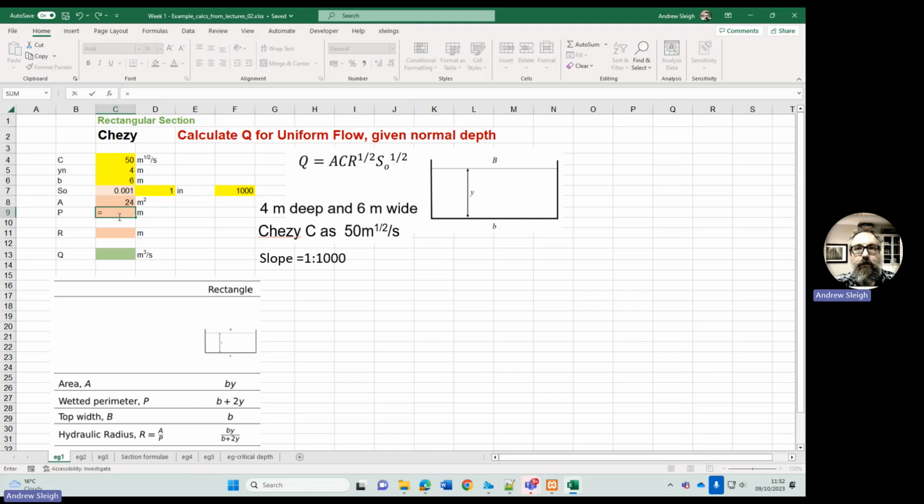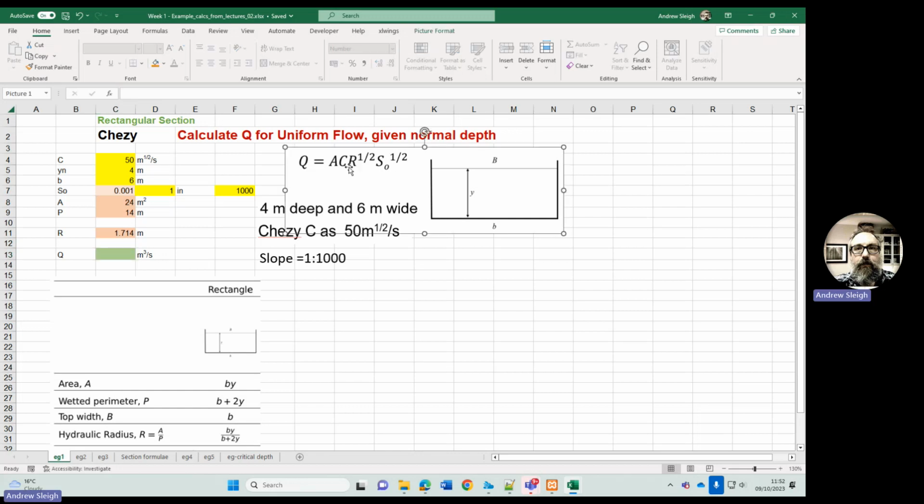The wetted perimeter is the width plus 2 times the depth, 14 meters. Hydraulic mean radius, hydraulic radius is always equal to the area divided by the wetted perimeter,